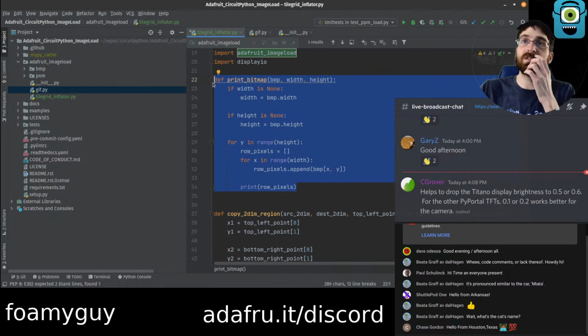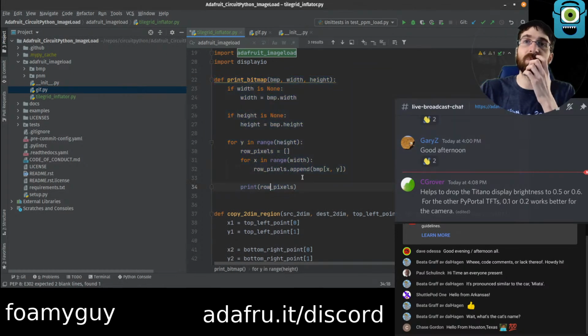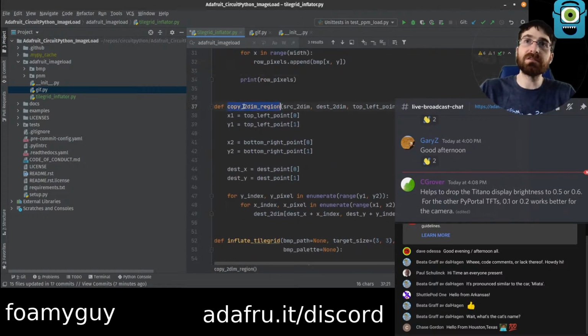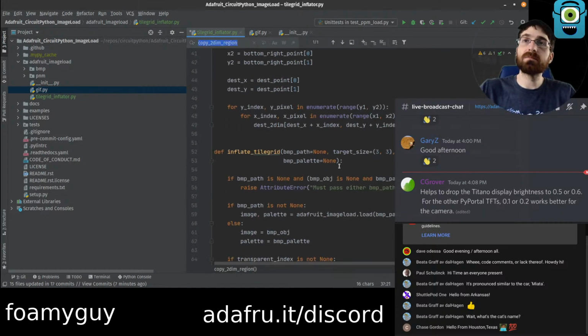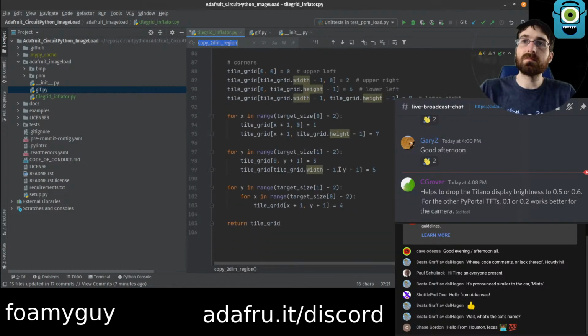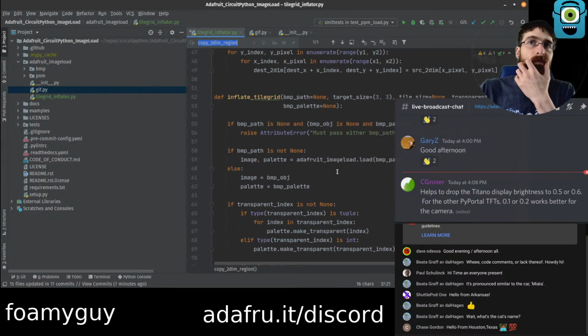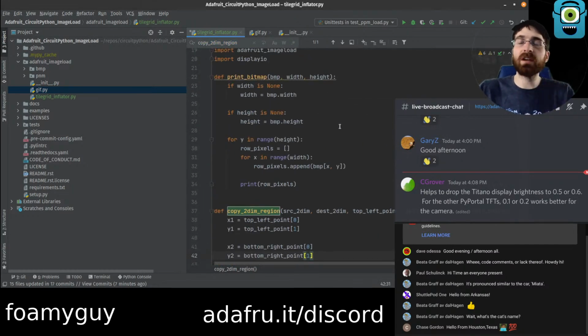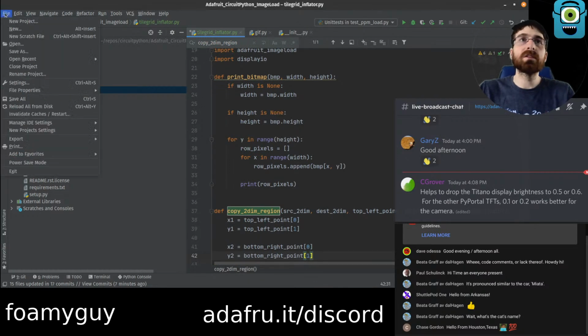We don't really need print bitmap. This was something I used for testing. I don't know that we ended up using this either. Yeah, it doesn't look like it. So I'll save off a separate copy of this with these things included.